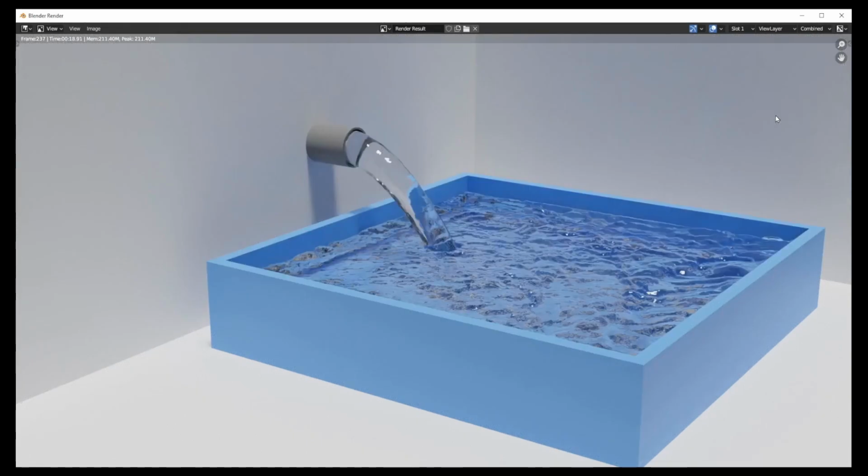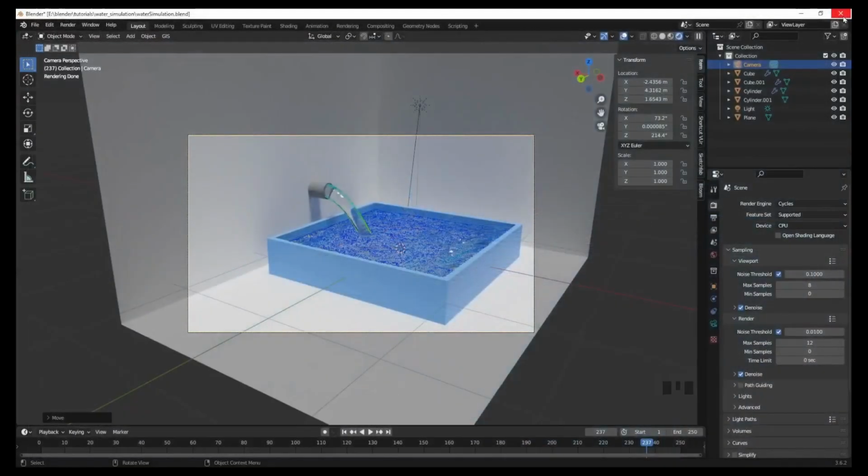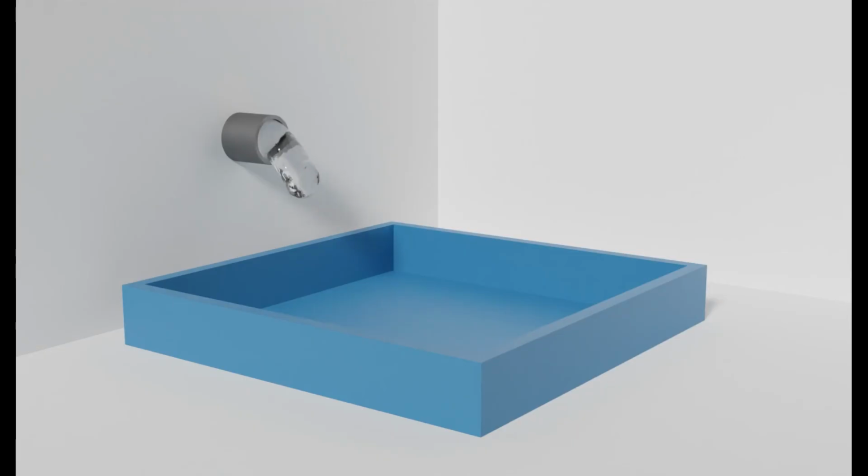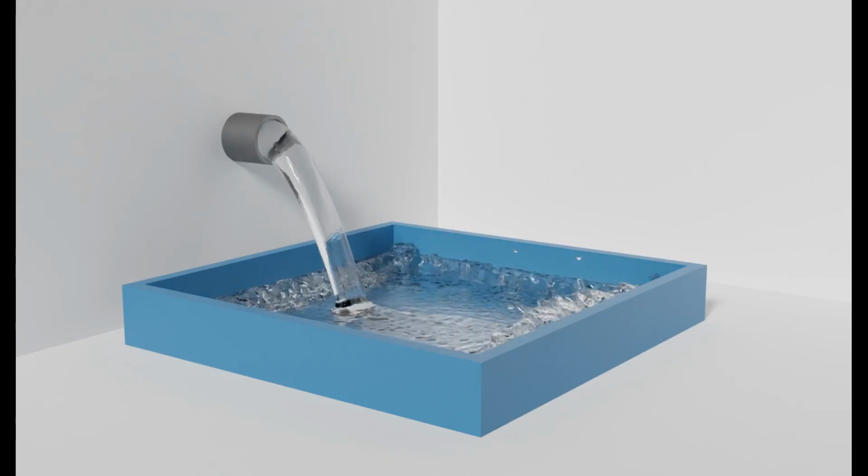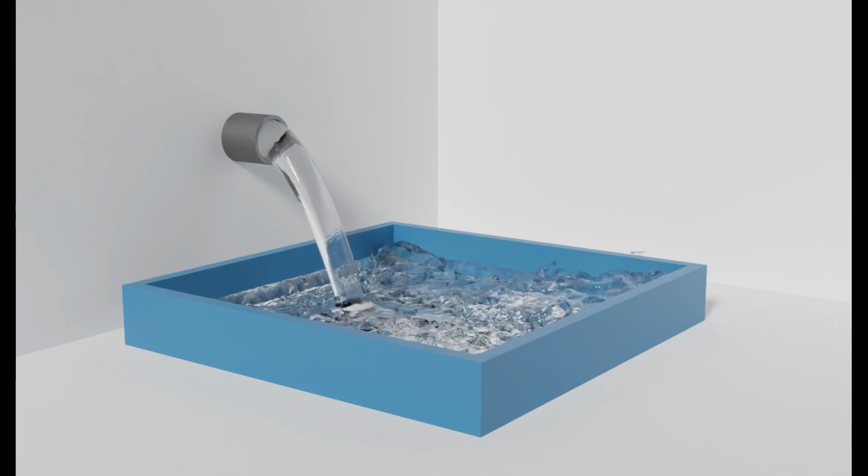So as you can see, we have rendered out our water simulation. As you can see, it looks like real water, and yeah, looks good. So as you can see, this is a final simulation,